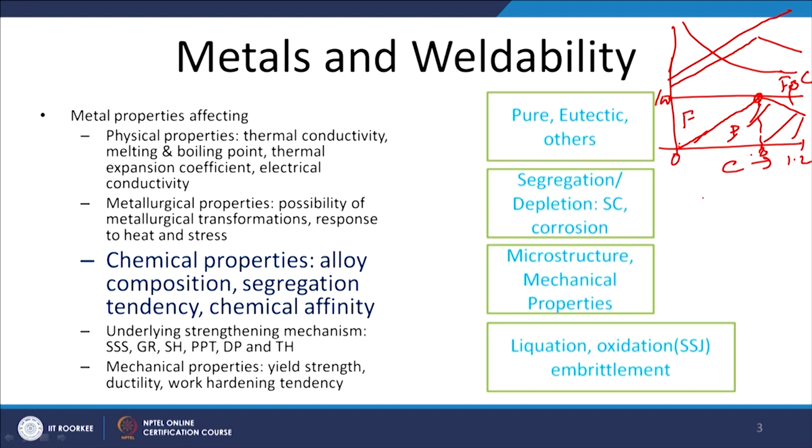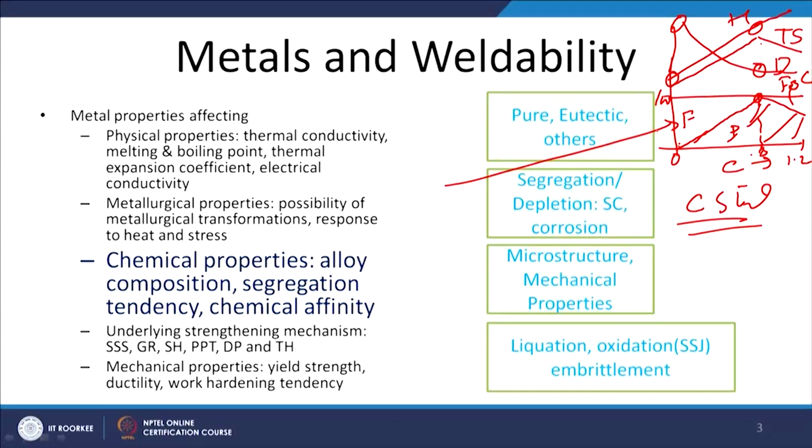This is just an example for the carbon steel, and likewise it will be happening in other cases as well. So, since the phases and microstructures have a direct effect on the mechanical properties, low carbon steels have lower strength and higher ductility, while high carbon steels have higher strength and lower ductility. So, this is ductility, tensile strength, and this is hardness. So, it will be easier to weld the low carbon steels by the deformation based processes as they have the lower yield strength and the higher ductility as compared to the high carbon steels.